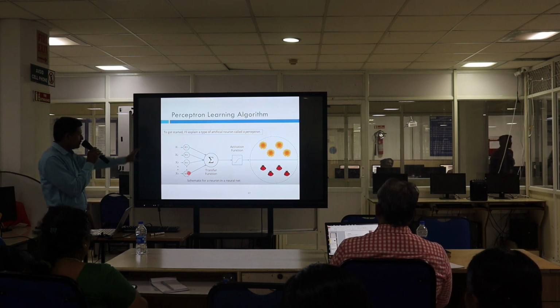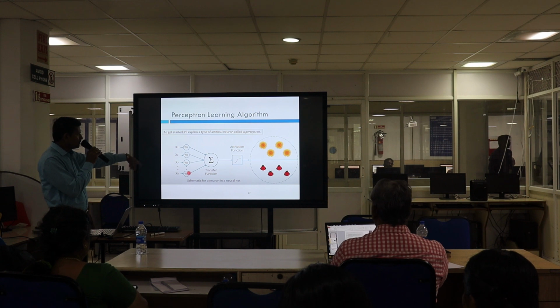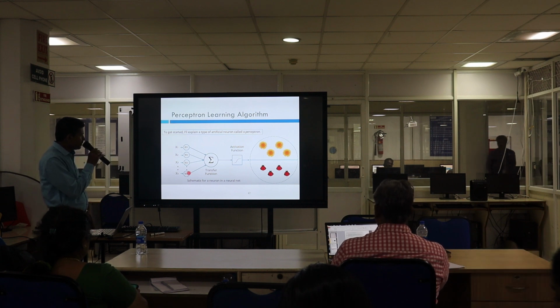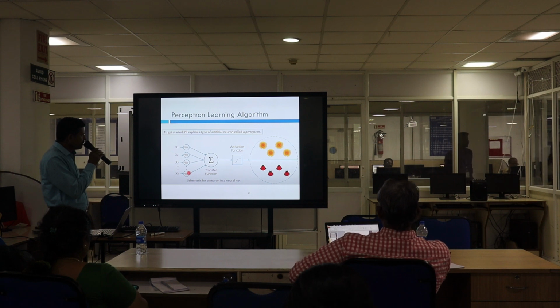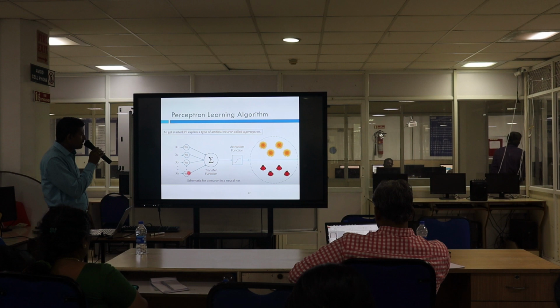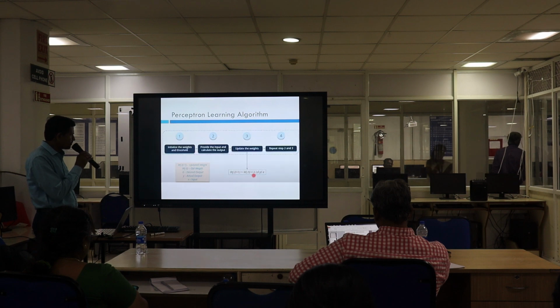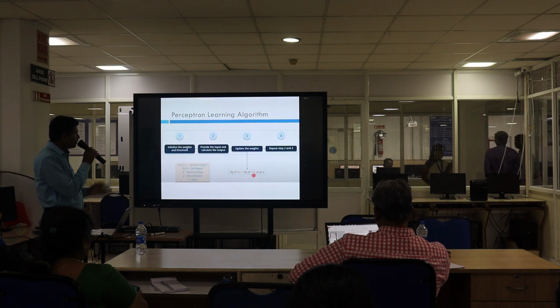So we have to prepare the mathematical model, the machine learning model, x1 to xn and w1 to wn. Then it goes to summation, then the activation function is triggered, and based on the activation function, the object is identified. This is the flow of the perceptron learning algorithm.